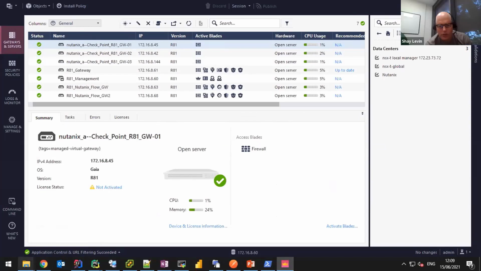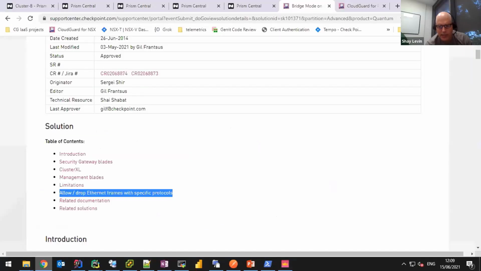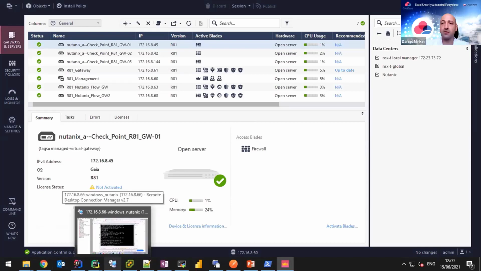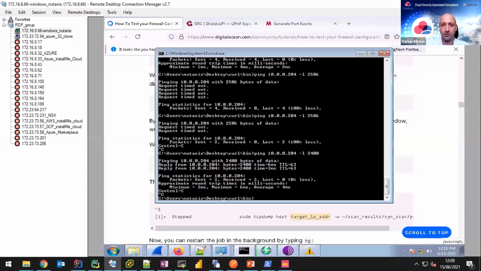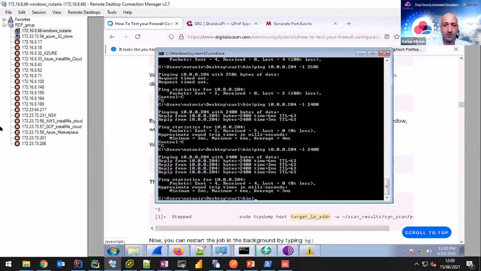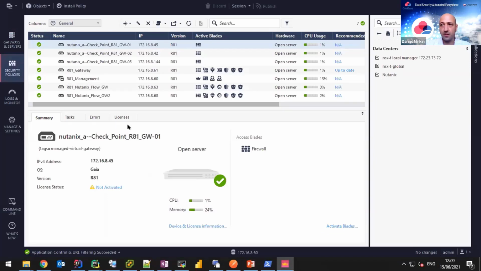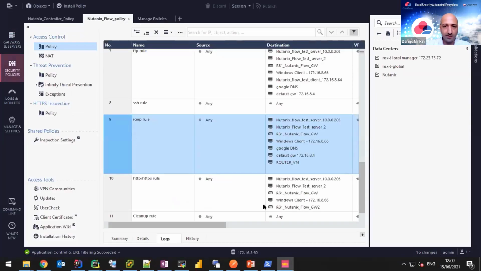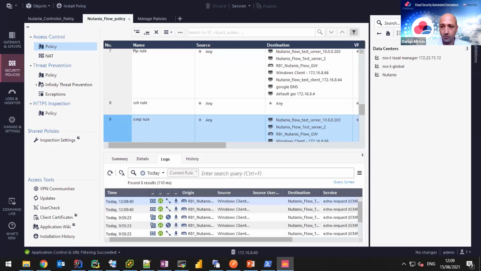It works. And you also deployed the threat prevention policy. So if you create an IPS attack, I have an IPS large ping. Here we are within the 172.16.8.66 Windows client. In this case, it contacts a server on the additional node A. This one resides on node B, and we should be able to see the logs right here once we refresh it. It is now 12:09 in Israel,